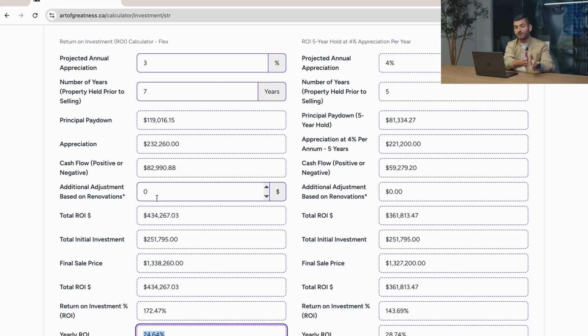The numbers you're looking for, most importantly, are cash flow and ROI. And the most important one is ROI. It's not just cash flow. Cash flow is very important, don't get me wrong. But when you combine all of the above, the principal paydown, the appreciation, and the cash flow, that's where you get that big bulk of that number where you can say to your client, hey, this investment makes sense,